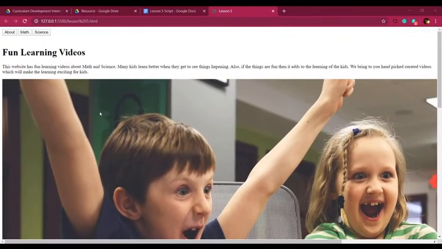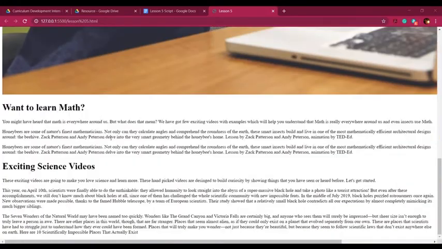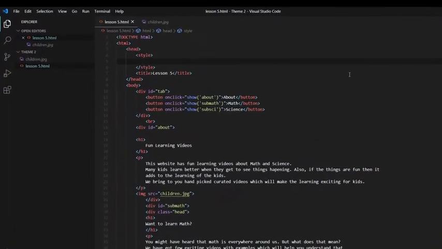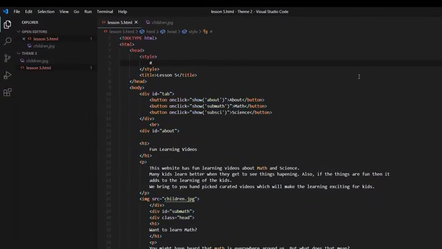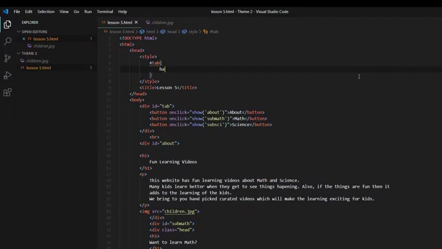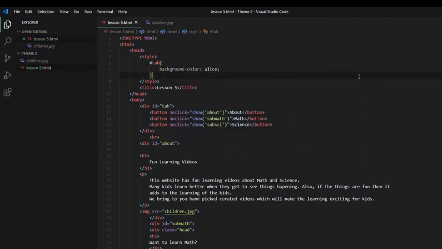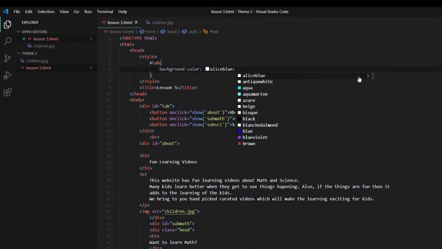This is how a web page looks like after adding content to it, but it's still quite unattractive, right? Of course, it should be without the style. Let's go ahead and add style to our page. So first, I'll add style to my div tag, whose ID is tab. So let the background color be Alice blue. Then I'll set the height